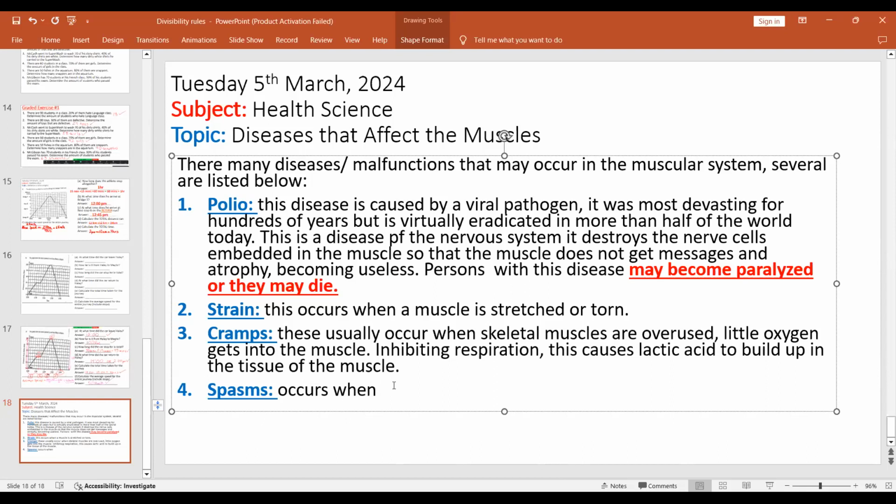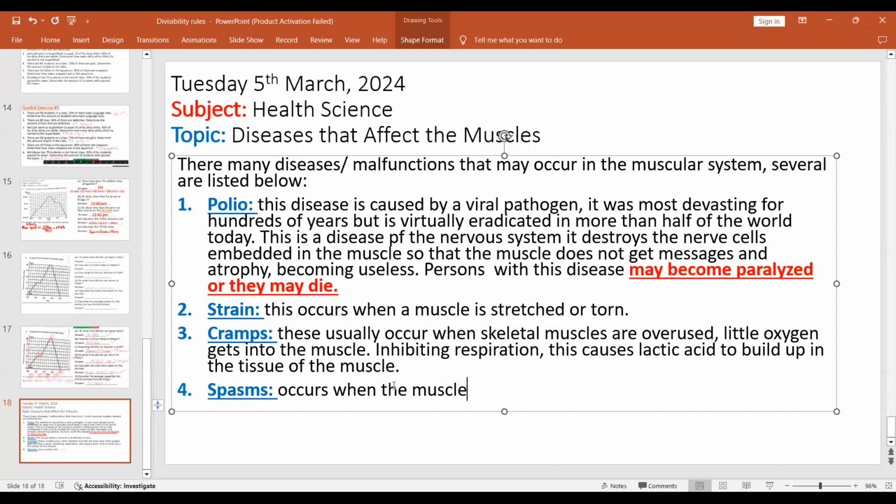That's when you typically should have muscle spasms. You shouldn't have muscle spasms out of the blue. That's uncommon. But it typically happens with persons who are athletes. They put a lot of pressure on their back. Maybe they underwent some surgery before, something like that. So these occur when the muscle